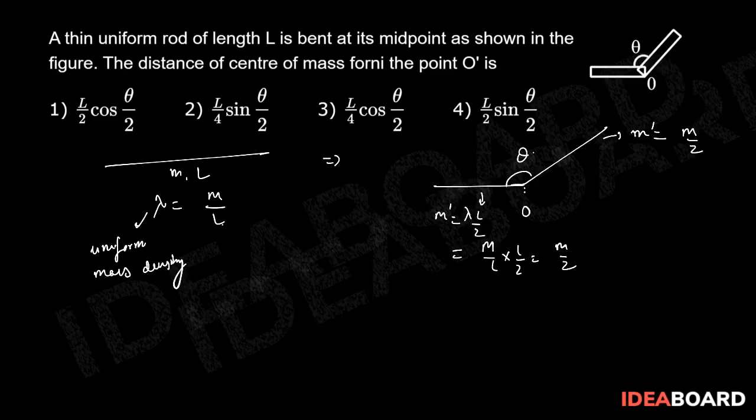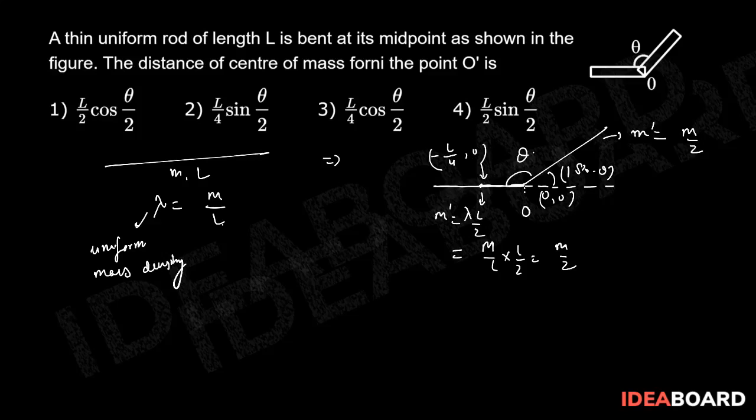So now they are asking the moment of inertia from this point. So let's take this as horizontal and 0, 0, the origin. Now if you draw this, then you will get 180 minus theta, right? So from this I can conclude that for this rod, if I take one part of this rod, the center of mass will be at what point? This point, which will be minus L by 4 comma 0.